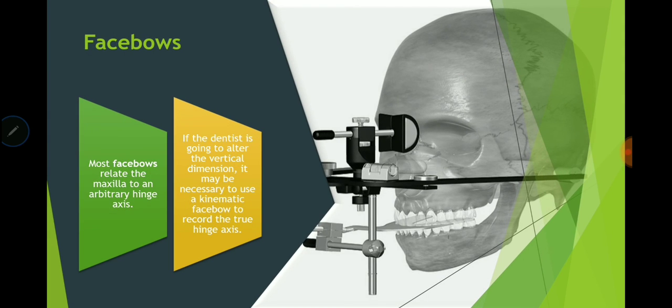All right, let's move on here. Facebow. So the facebow is very important. Okay, you have to now understand the purpose of a facebow. The facebow triangulates the maxillary arch to the orbital hinge axis. So it triangulates the maxillary arch to the